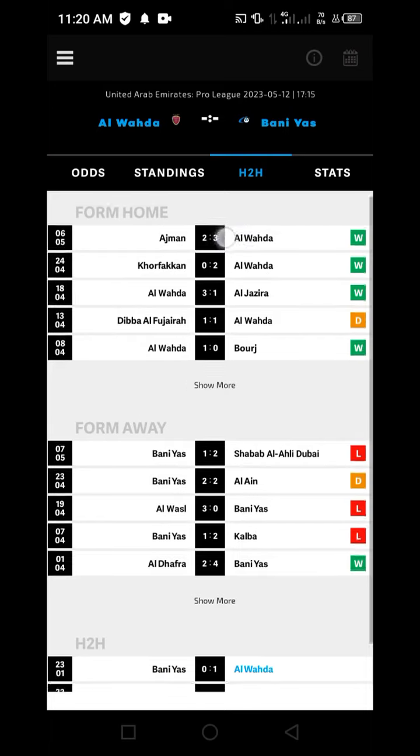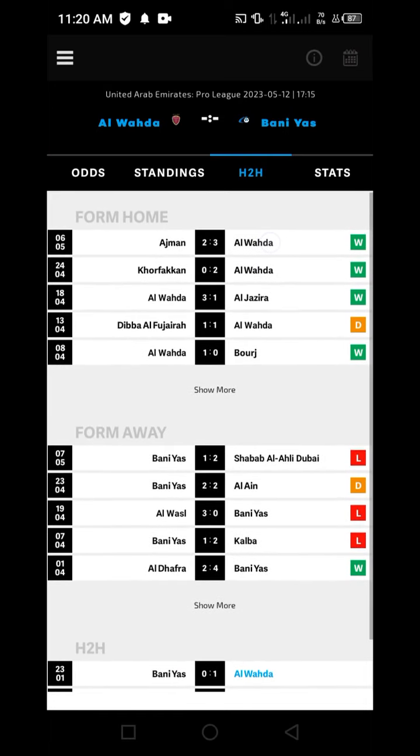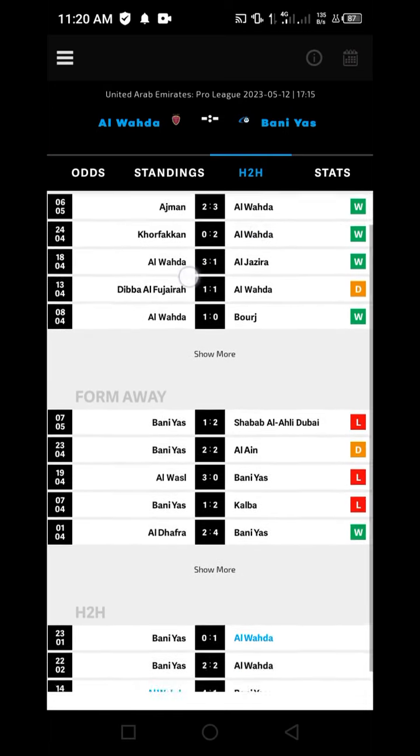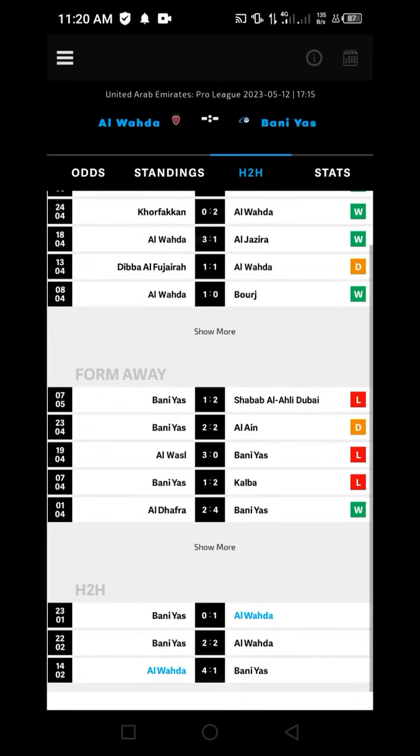You can see Al Wada is very good here. You can see Al Wada 3-2-3 with Al Jazeera, and you can see how good they perform compared to the opponent that concedes a lot of goals. By head-to-head, you are going to see that most of the time when these two teams meet, it has always been over 2.5 and over 3.5 goals, as you can see here. Only the last match played ended 1-0,